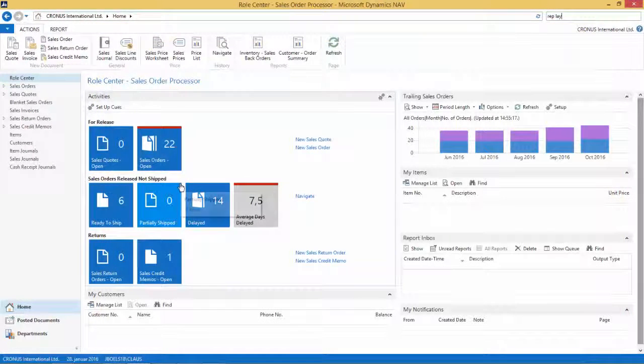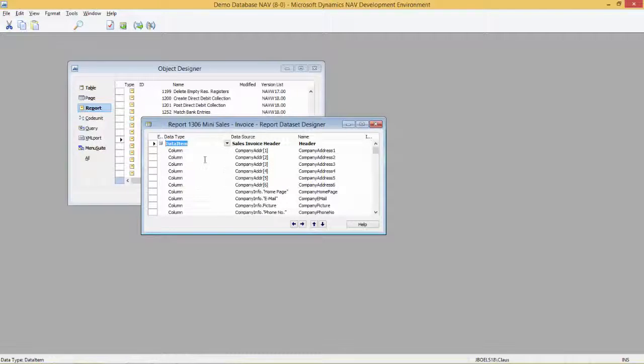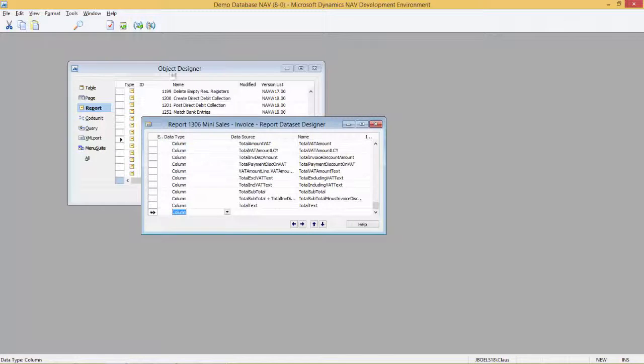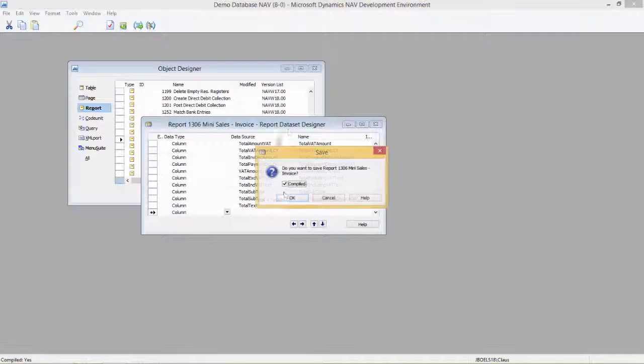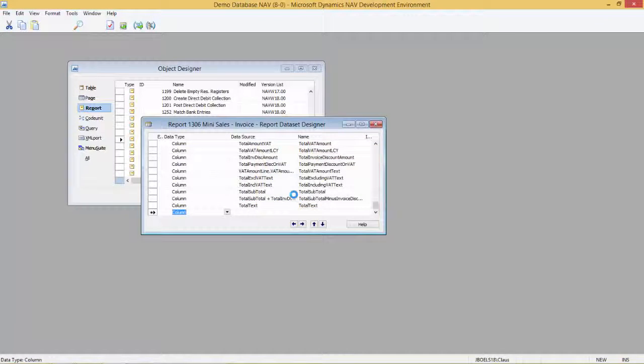So let's go back to the Object Designer, and then we want to change this. So I can go on this report here, I can go to the end of the object. I can select the properties, and now there's a new property called default layout. We'll change this to Word, and then we'll close down the properties, and we'll save and compile. So now the default layout is Word and not RDLC. So let's run the report again. So run,